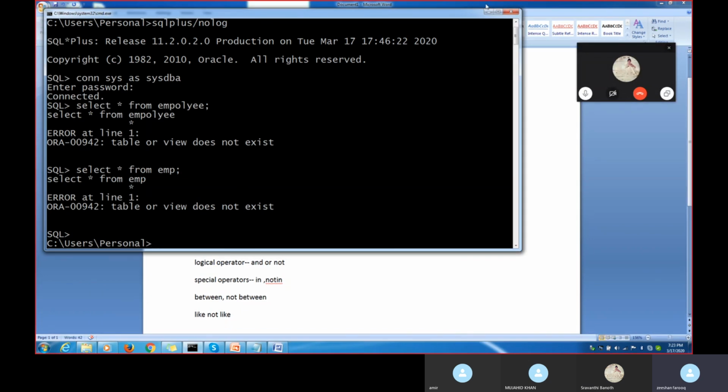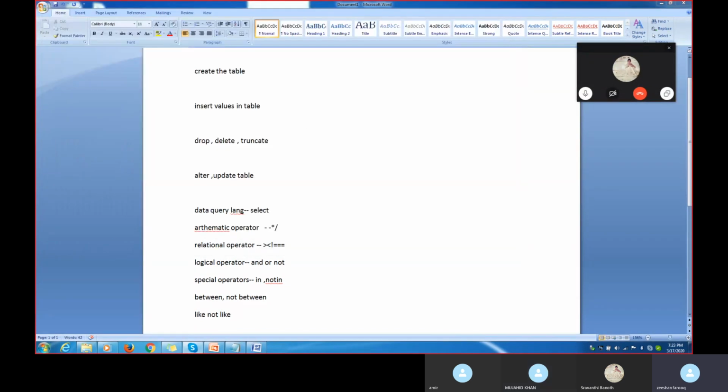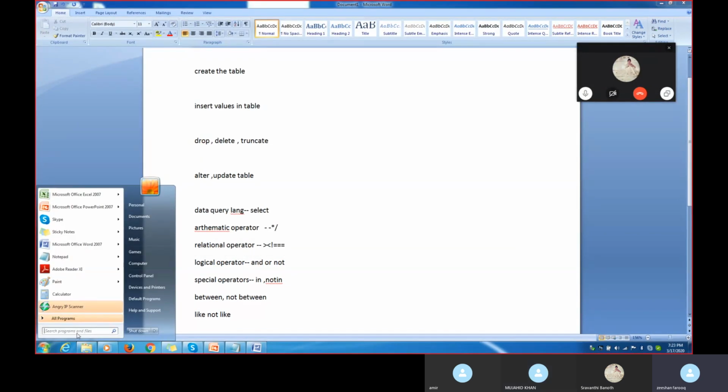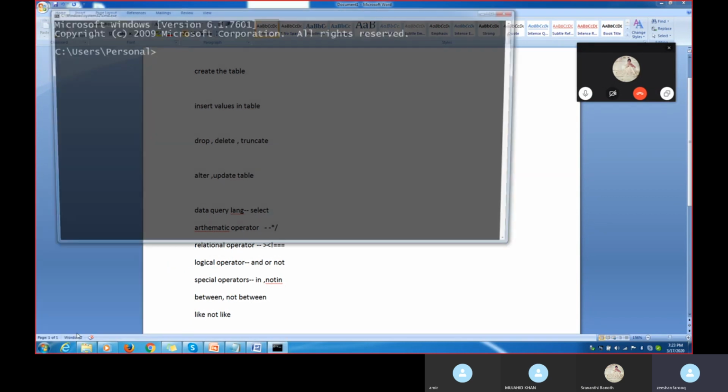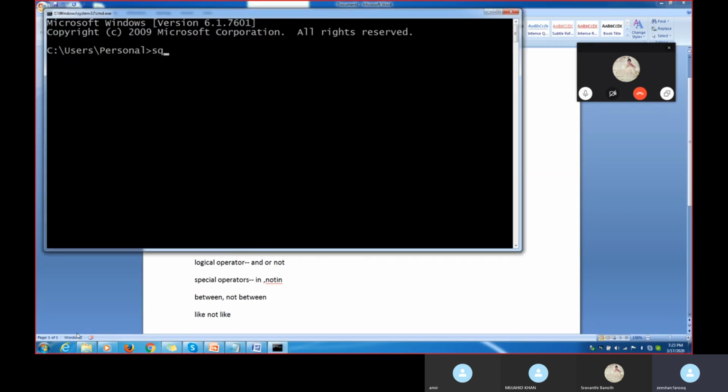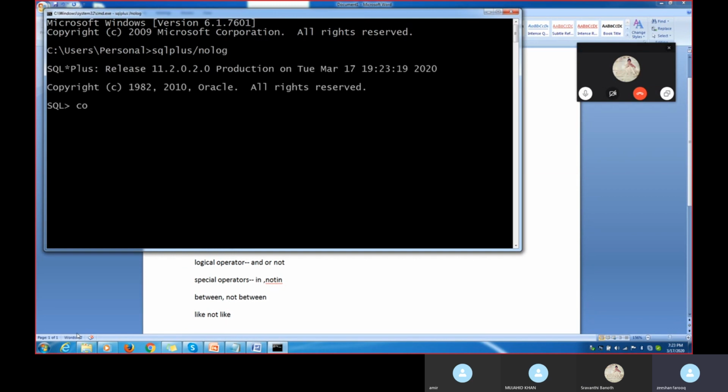Now see here. Let me turn this database off and on again. I'm going to the command prompt, cmd, and I'm typing sqlplus /nolog. Once I type that, I connect sys as sysdba. Then I put in the password. Now, what exactly am I doing?